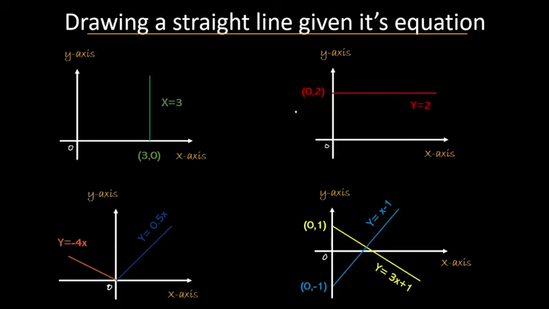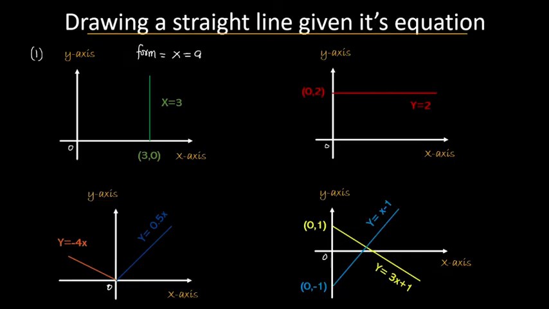In today's video, I want to look at how to draw a straight line when given its equation. Now let's begin. There are several standard forms of writing the equation of a straight line, so we'll be looking at those forms one by one. If we look at the first diagram we have over here, we can see the Cartesian plane, the x and then the y axis, and then we can see a straight line here. This line is of the form